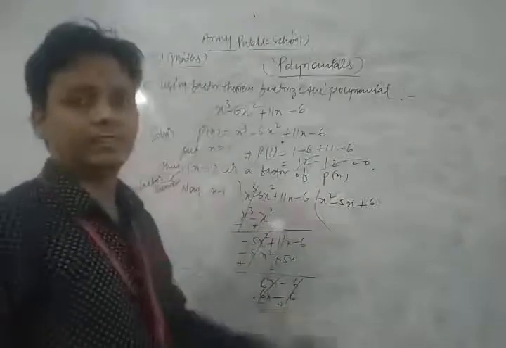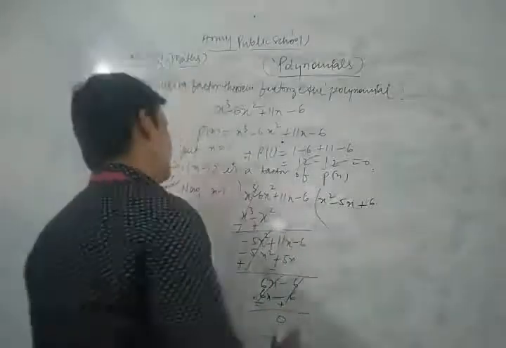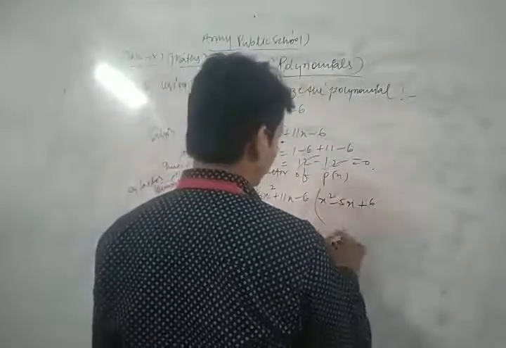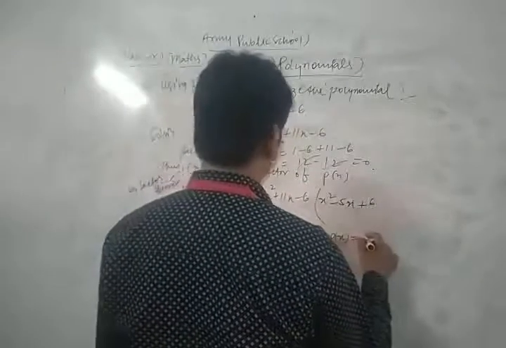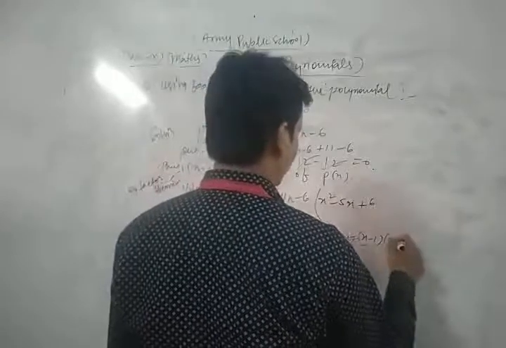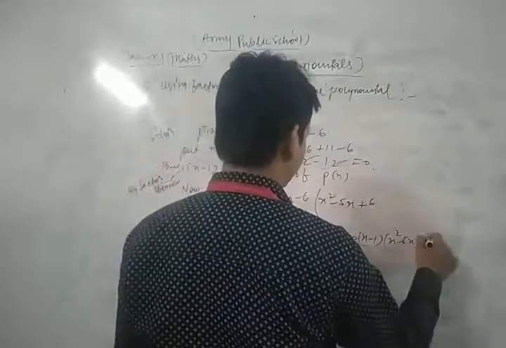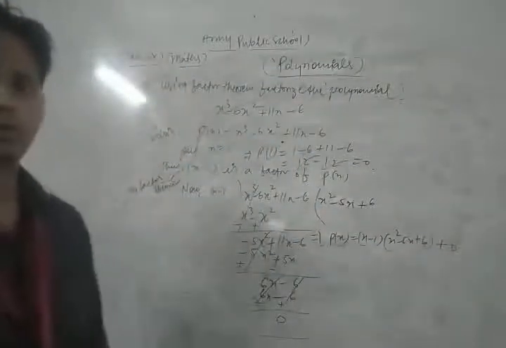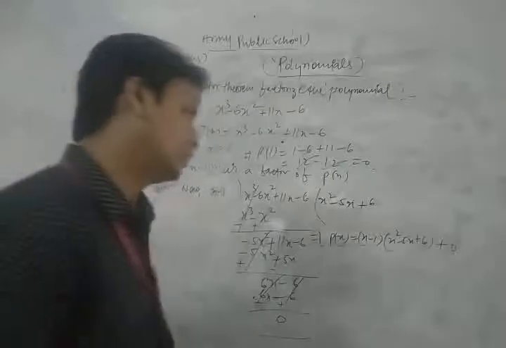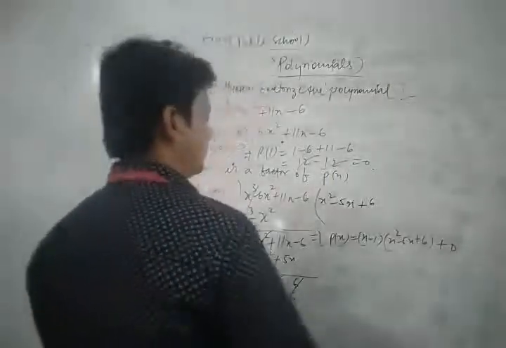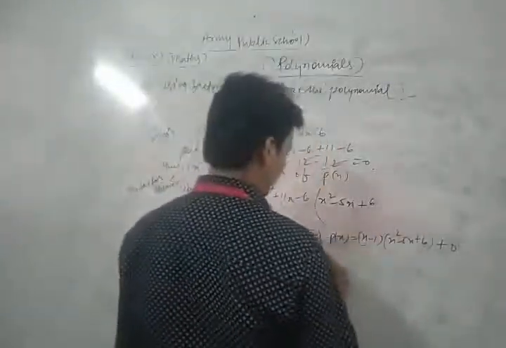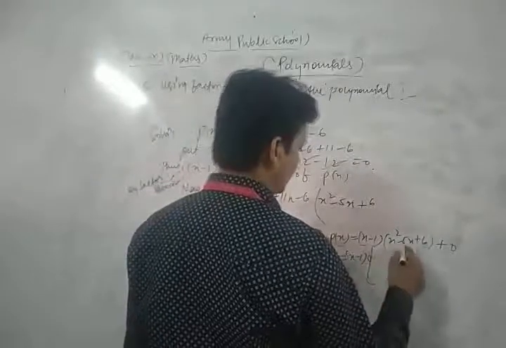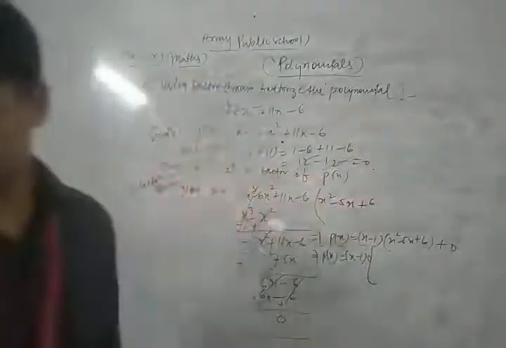Now we apply the division algorithm. For the given polynomial, p(x) is equal to x minus 1 into x square minus 5x plus 6 plus remainder, and the remainder is equal to 0. Now we just factorize that value only. So p(x) is equal to x minus 1 times